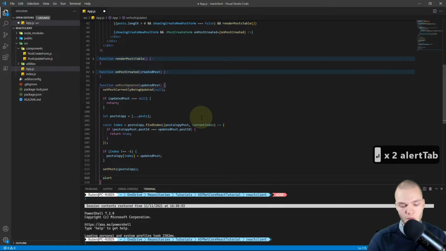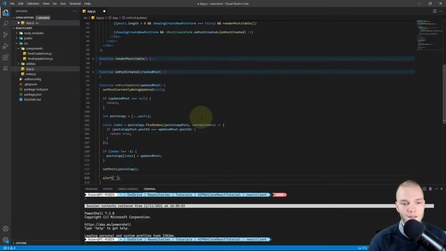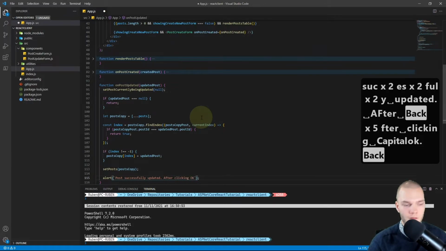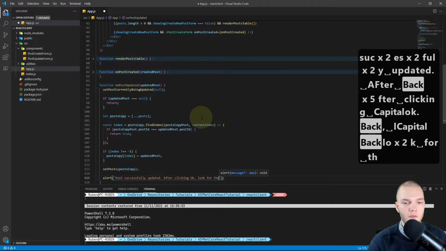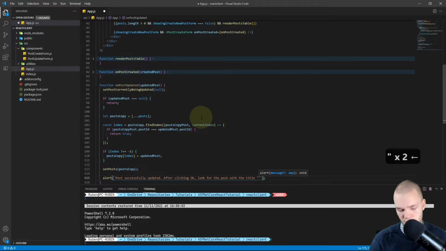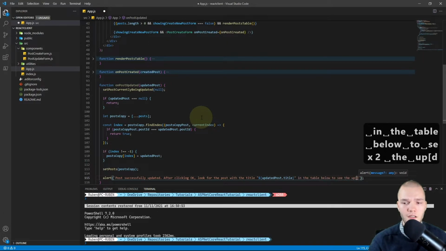And lastly, I want to do an alert and do an interpolated string with backticks, and in there I'll do post successfully updated. After clicking OK, look for the post with the title, and then I'll do double quotes and an interpolated string and pass in the updatedPost dot title. And after that I'll do in the table below to see the updates.